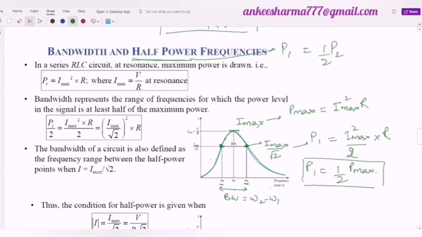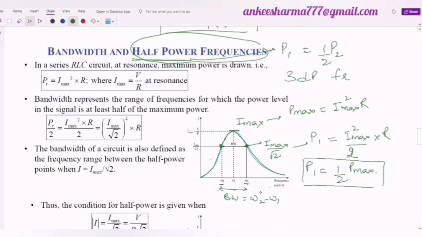So half power frequencies are the frequencies where your power will be half. Half power frequency is nothing but used for the calculation of the bandwidth. We can never talk about a single point, there is always a range for the system. There is a range of frequencies, I must say. So how do we calculate that range of frequency? Only those frequency ranges are calculated where our power is greater than half the value of the maximum power, or the current value is greater than the I max by root 2 value. So from here this half power frequency term is introduced. One more term is used, that is the 3 dB frequency.